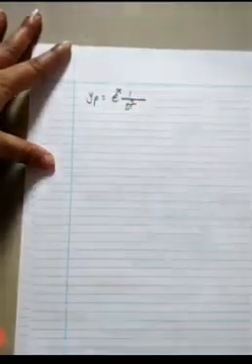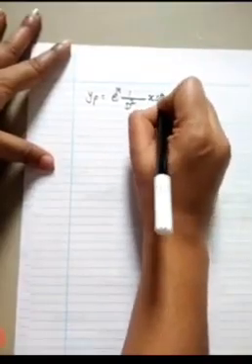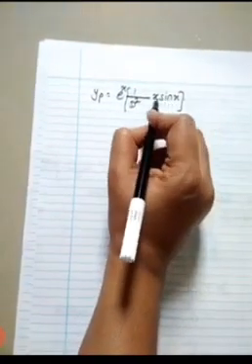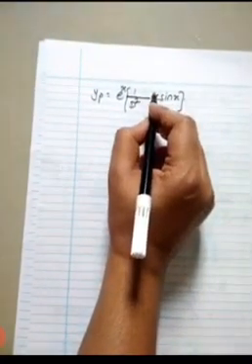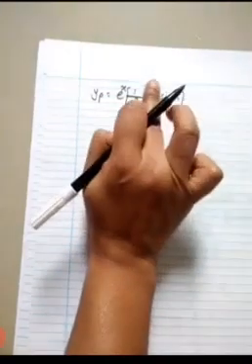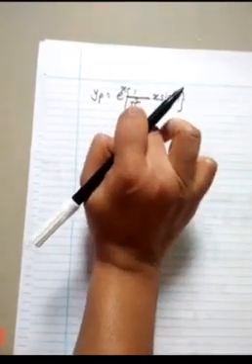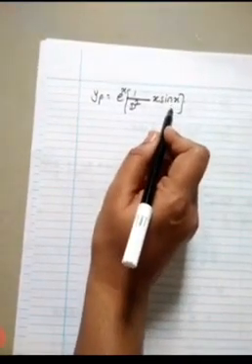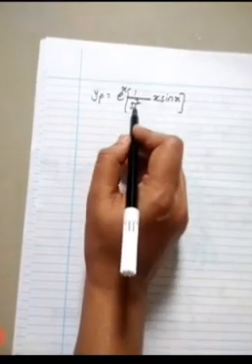Yp is e raised to x times 1 upon d square into x sin x. Okay, we have to solve this. Now this is xv. For xv you have to check that the power of x is 1. Very good. And the second condition is that we have to hide x, and this should not be 0. Is it 0? 1 upon d square into sin x is minus 1. No, ma'am. So xv is applicable.